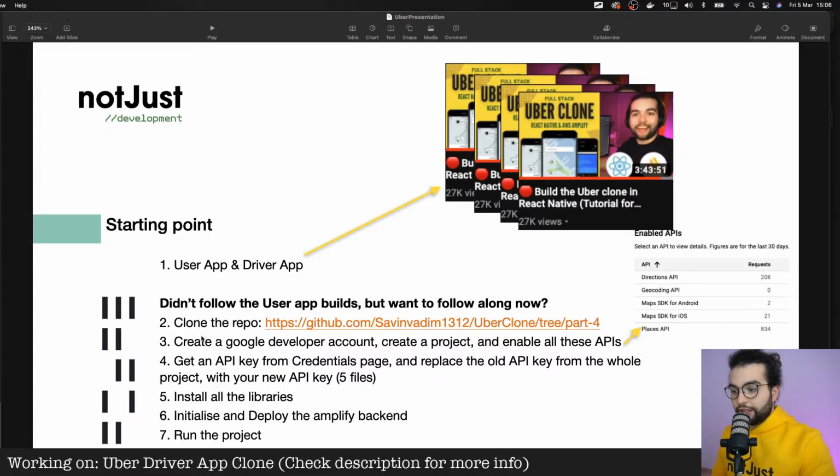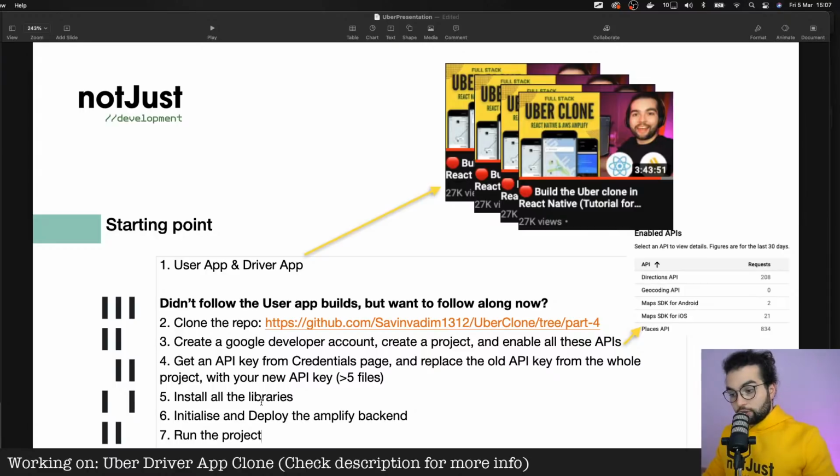Then you will have to create a Google developer account, and enable all the APIs that we will need. Get the API key, because you will need to put it into the code and replace it in the whole project. I think it's now more than 5 files.